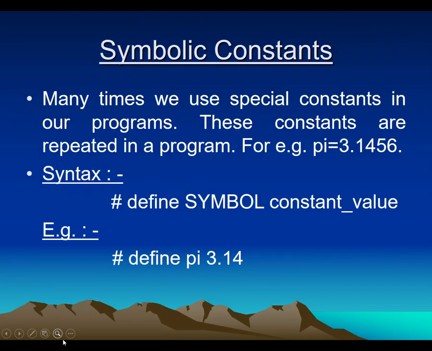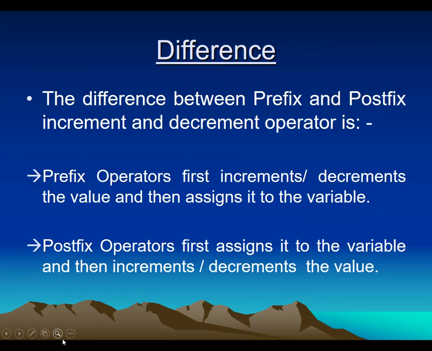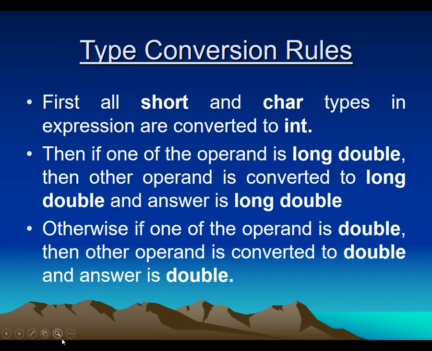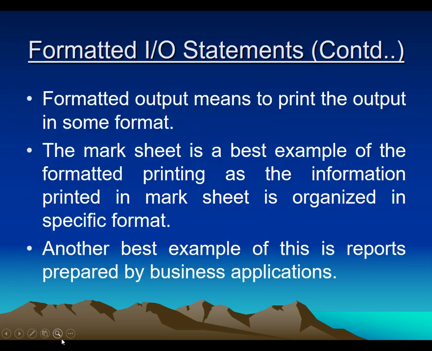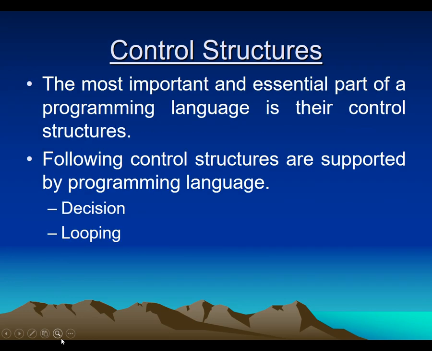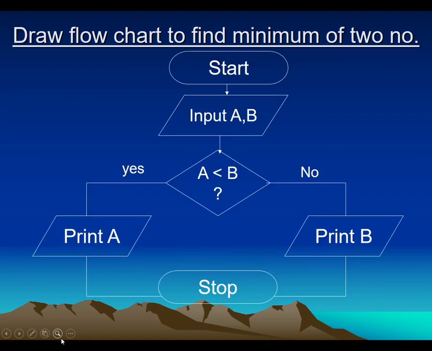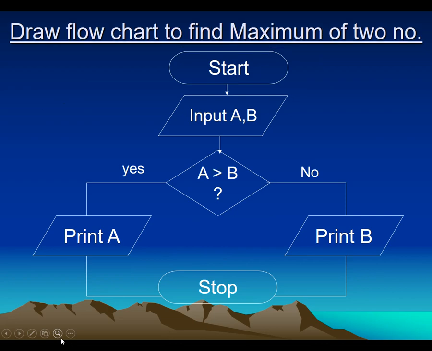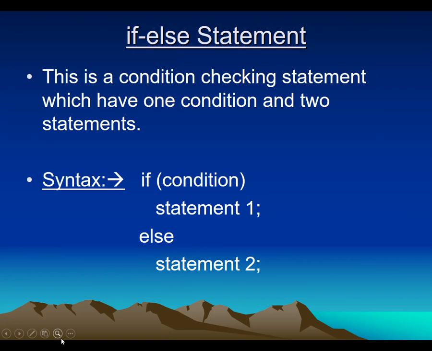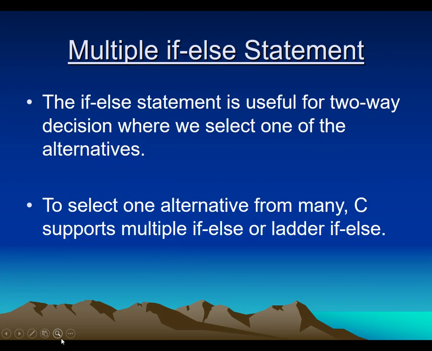Let me go inside the control structure first. Lots of slides we have discussed. Fine. So this is the control structure. We have discussed this slide. Even we have introduced this diamond symbol for flowchart. Then we have discussed 2-3 flowcharts. Then we have started with if else. This is the theory of if else that we have discussed in the last lecture.